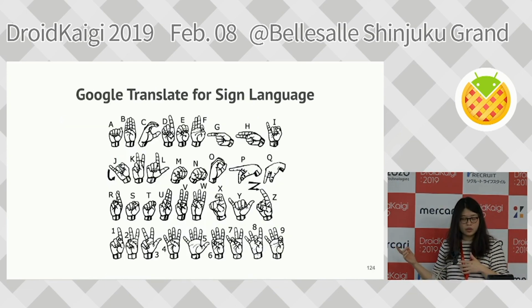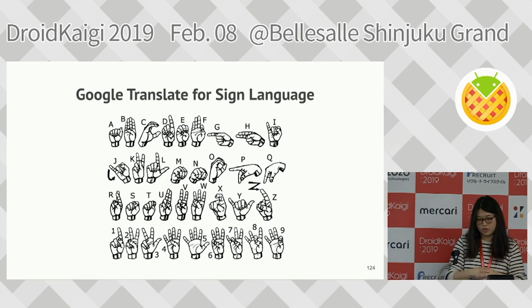I was also thinking about projects such as Google Translate for sign languages. Maybe with the power of our mobile devices, we can provide more functionalities and more features for disabled people. And with all the machine learning power and the hardware calculation power, a lot of disabled people can actually have a better life thanks to all the applications and technologies. So technology for good, that's the central theme of, I think, our generation, and doing more social good for the